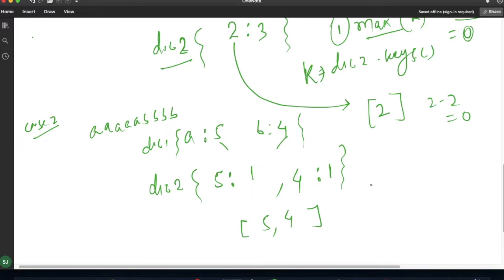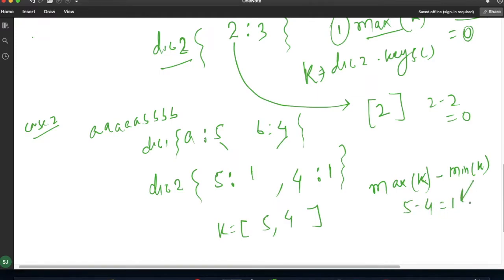Now maximum of k, this is my k, maximum of k minus minimum of k. You can see here maximum of k minus minimum of k is equal to 5 minus 4, equal to 1.